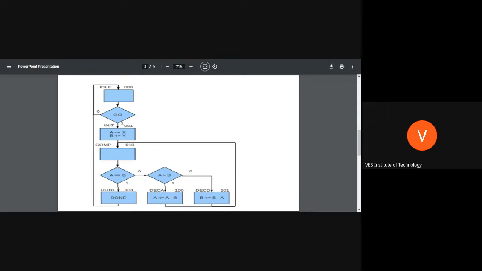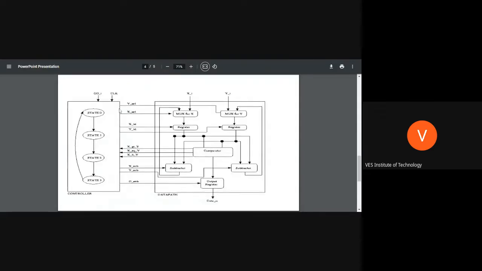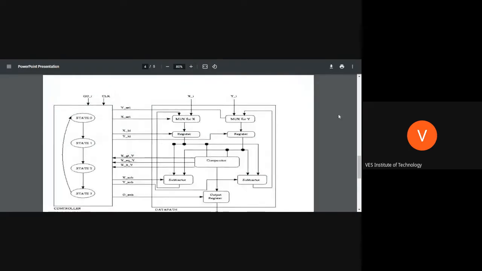So that is also a multiplexer. So we need two multiplexers, two subtractors, and a register to store this information. When you are done, you have to store the information back. So let's see. This is the hardware. Will you be able to understand the hardware? It is what we are going to do.